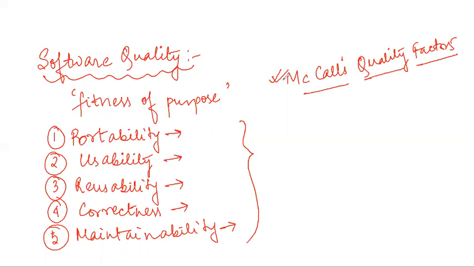That is, he distinguishes quality attributes into two levels. One is higher level quality attributes, and these quality attributes are known as external attributes,